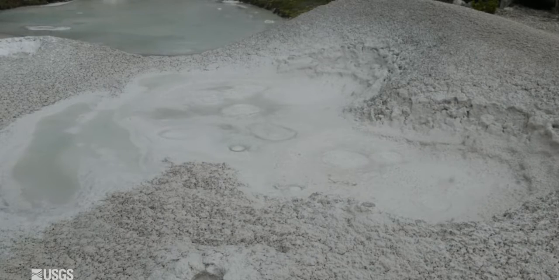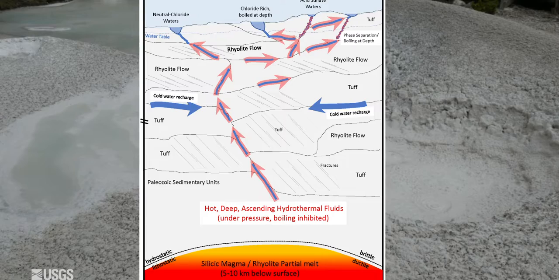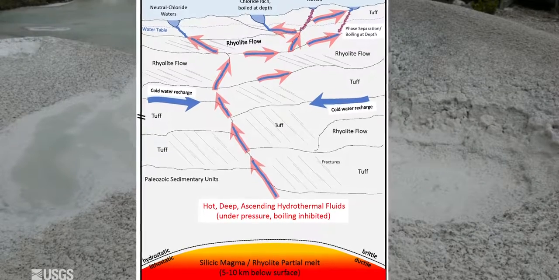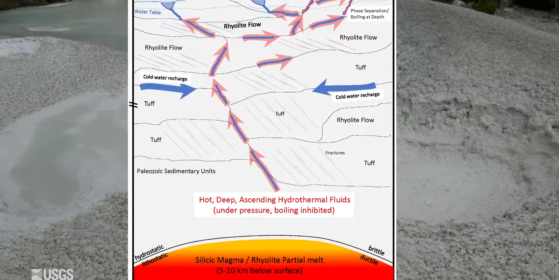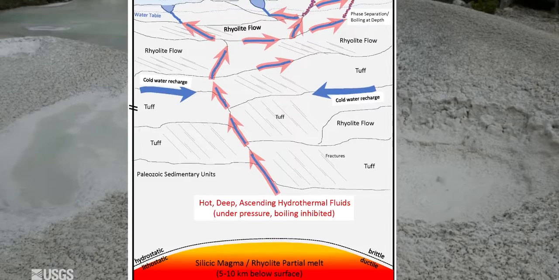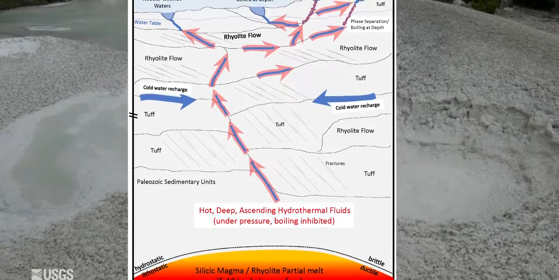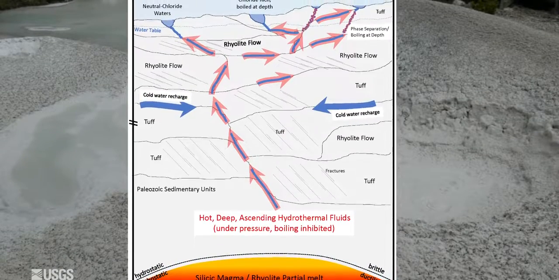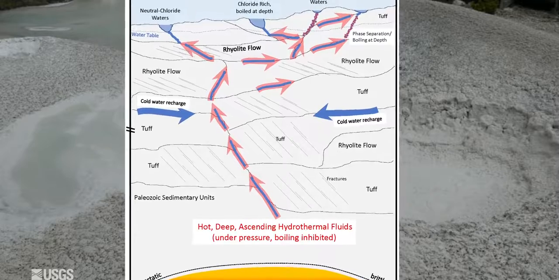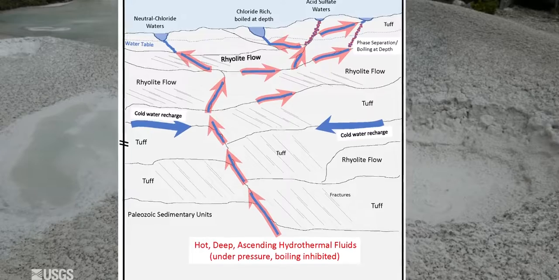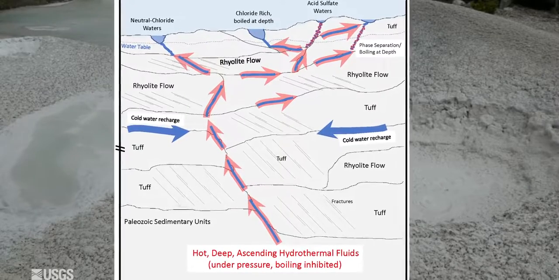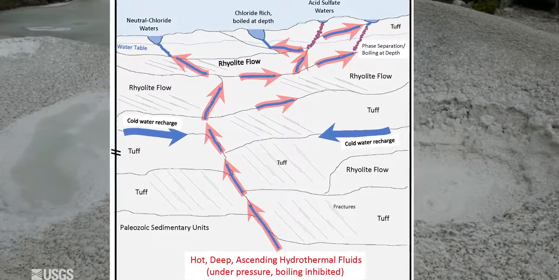Now these features start as snowmelt and rainwater percolate deep into the earth. They get heated by the magma chamber that's cooling well beneath the surface, and then that water starts to rise. It picks up gases that are emitted by that cooling magma body as well. Now, as the water starts to get close to the surface, it might begin to boil. The water itself will go off and form one of these neutral chloride features like Grand Prismatic Spring or Old Faithful. But the gas, as it boils, can separate, and that gas is a bit acidic because of the